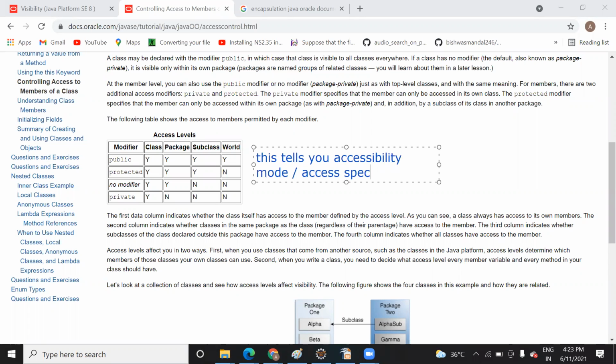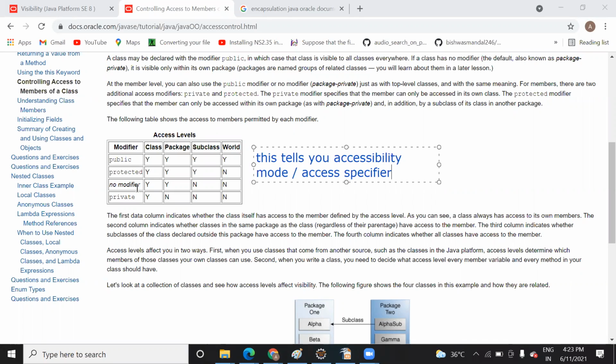So don't get confused if anyone asks in the interview what is visibility mode or access specifier, you should know that they are used interchangeably. And mostly we use public, private, and protected, but there is a default also. Some people say default, but we are going to refer to the Java Oracle document. As per the genuine resource, the fourth modifier name is no modifier, means nothing is present there.